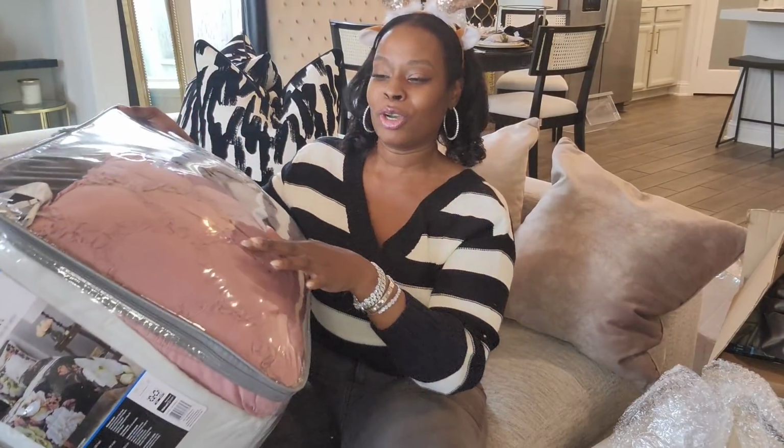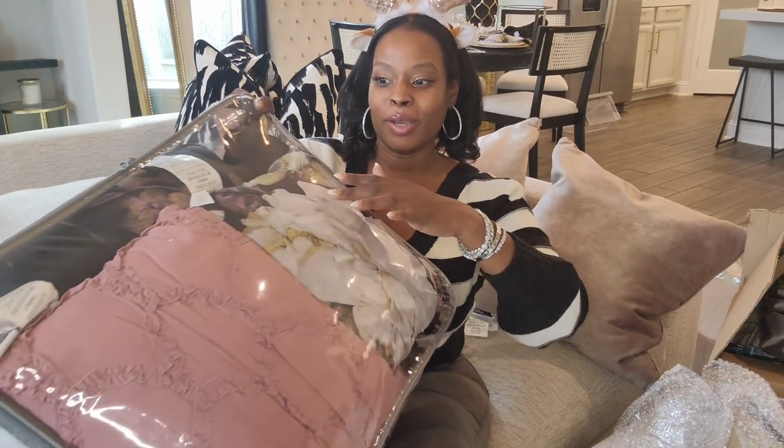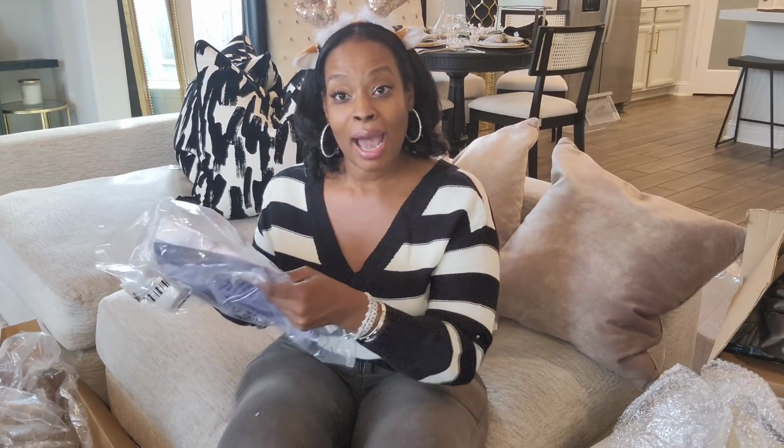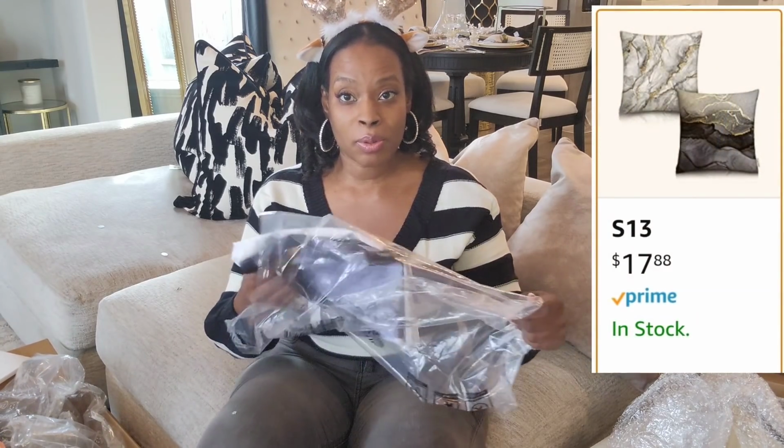Do you ever have comforter sets that you purchase and it comes with these extra pillows in here, the throw pillows that you really don't know what to do with? Well, I have a few of those and I do keep them. It's hard to store away sometimes, but I don't necessarily always use it on my bed. But what I did recently, and I'm sure many of you know this trick as well, is that I purchased with my Amazon haul these marble